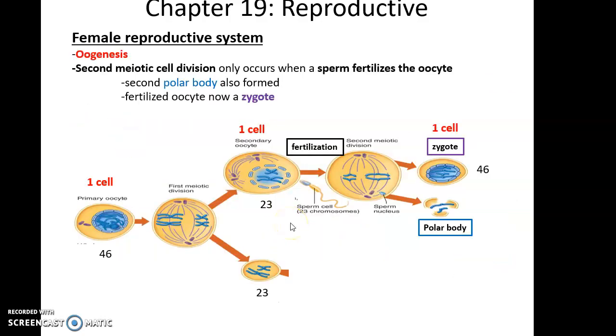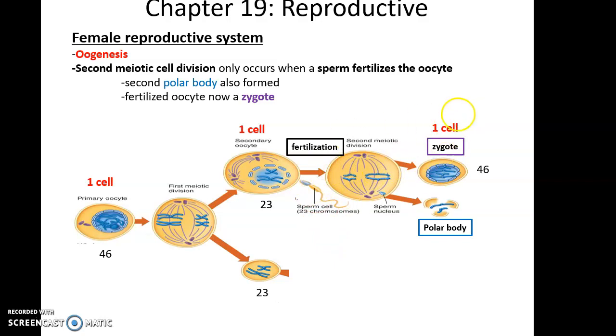So we know that during meiosis, there needs to be two cell divisions. So the secondary oocyte still needs to divide again. Turns out this occurs only when it is fertilized by a sperm cell. So only if the secondary oocyte begins to be fertilized by a sperm cell will it divide a second time,